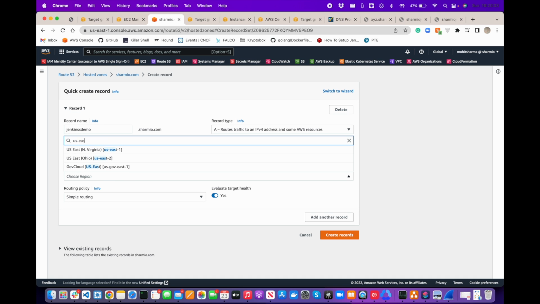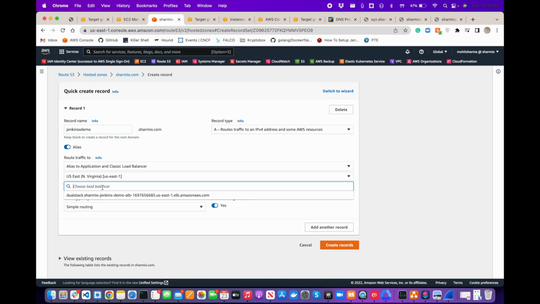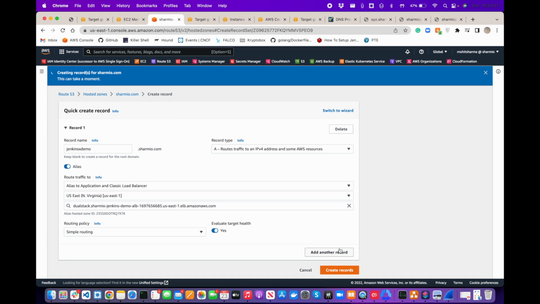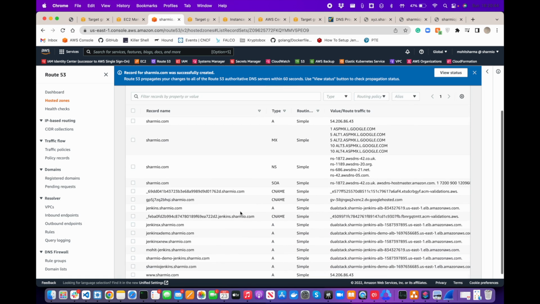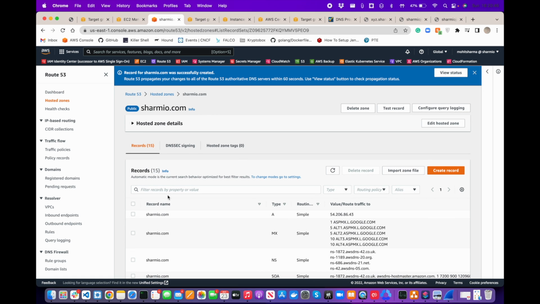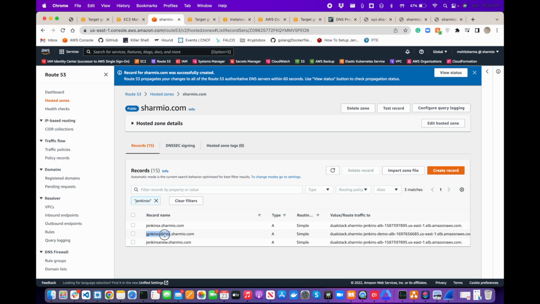I'm just gonna again provide it the US East one and then the name of the load balancer. Now let's just check the status of this. So what I'm doing is I've created two of the records. One is the Jenkins X demo. This is one of the